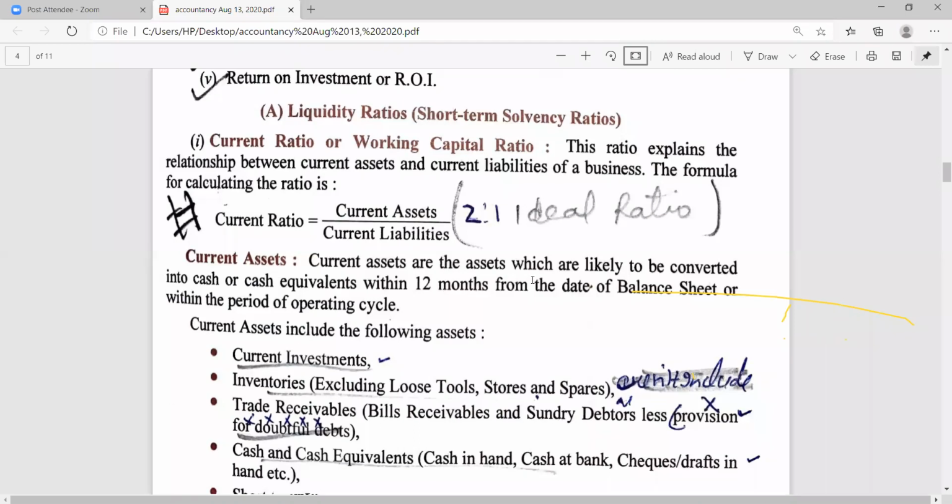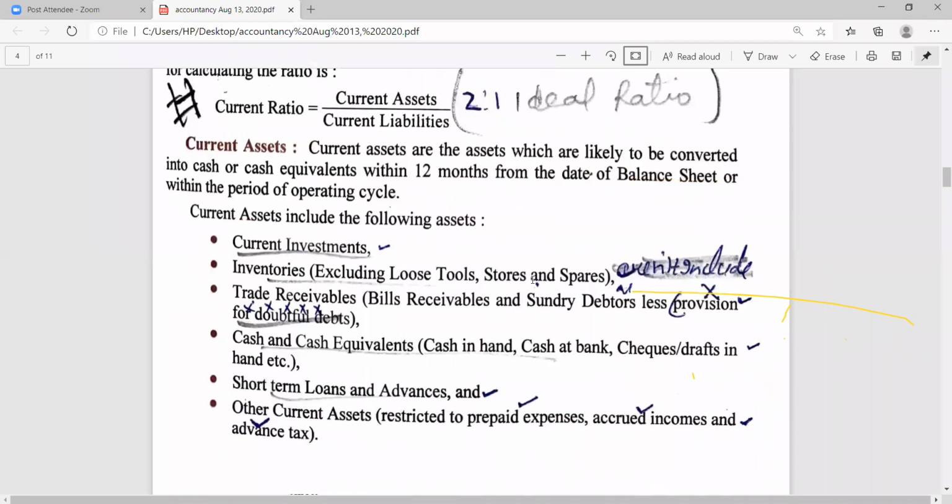Now the question arises, what is included in current assets? Please note these points down. It is given in your book as well. Mark what is included in current assets. This is the point that should be taken care of. Otherwise, the formula is so simple. But you should not be mistaken while assessing the value of current assets. Assessment is difficult while calculating the current ratio. Otherwise, the formula is so easy. See how the current assets are to be assessed.